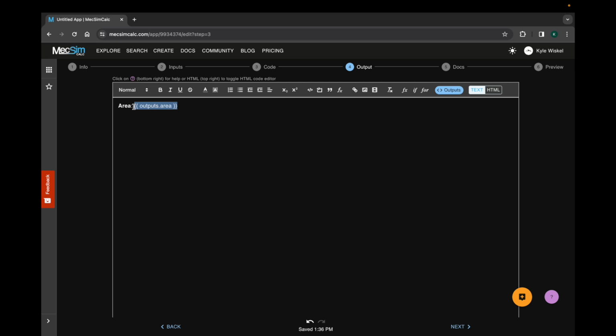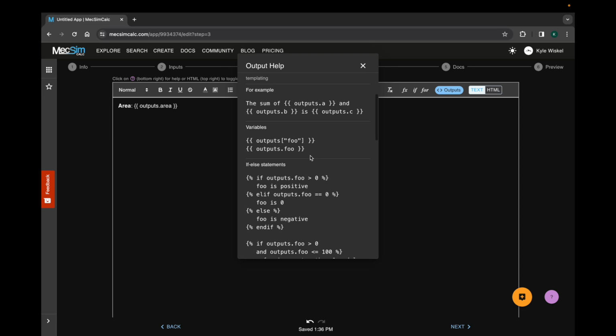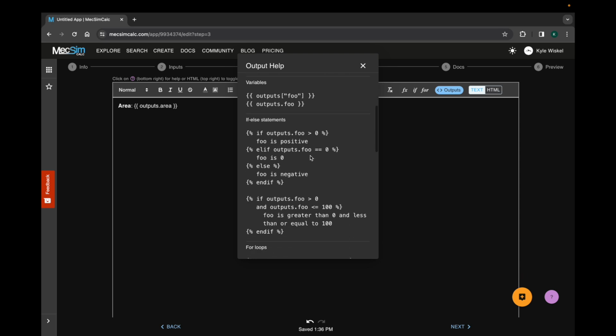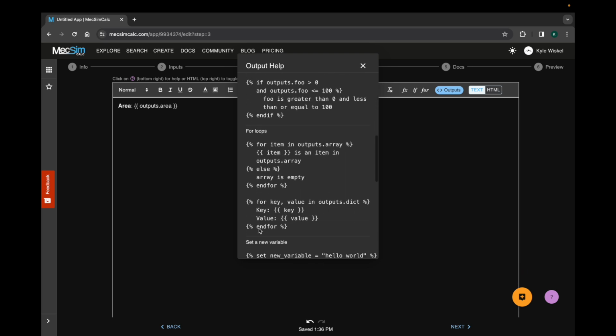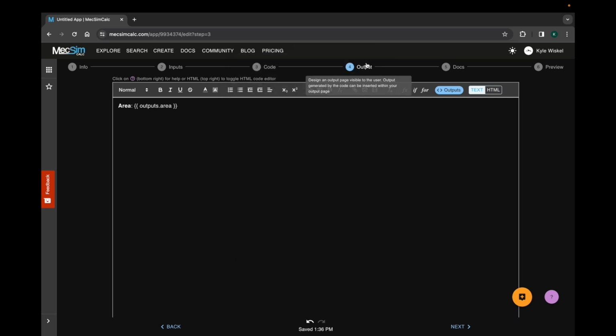There are a lot more advanced features that you can use in this editor, and you can see some of them by clicking this question mark icon. Some more advanced features are if-else statements, for loops, and some math equations. There is also a lot more information available in our documentation.